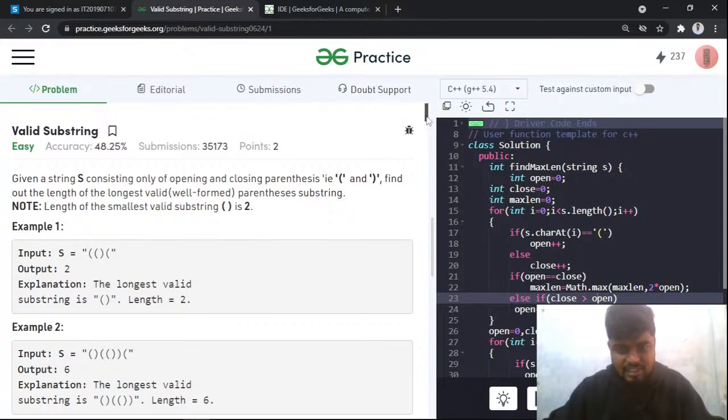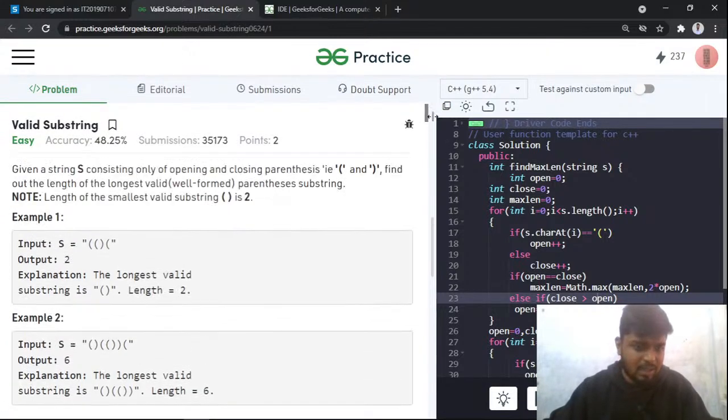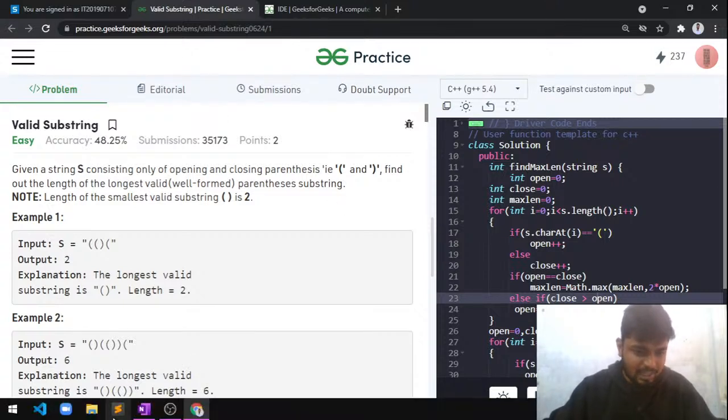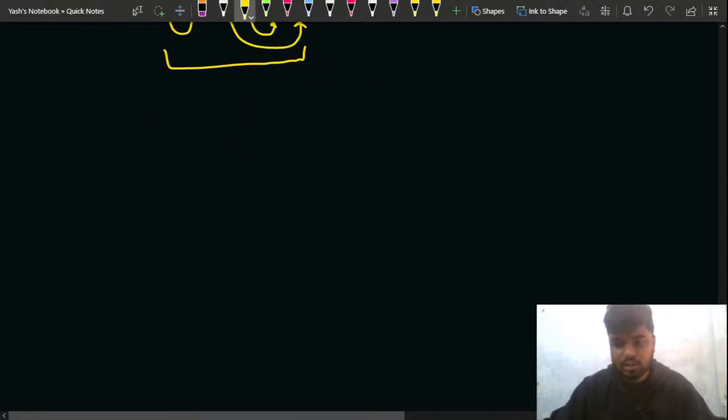After that, let's say that you have another example. Don't worry, I'll give you an example. So let's say you have an example like this. Let me know what will be the answer for this one. If I have close, then open, close, open, close, and then open, right?